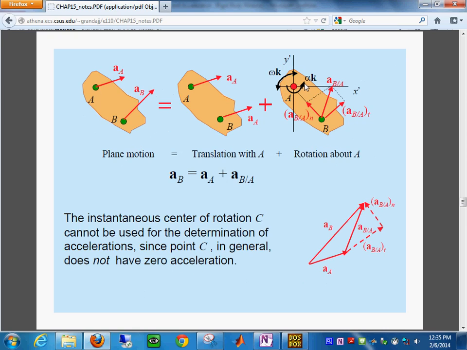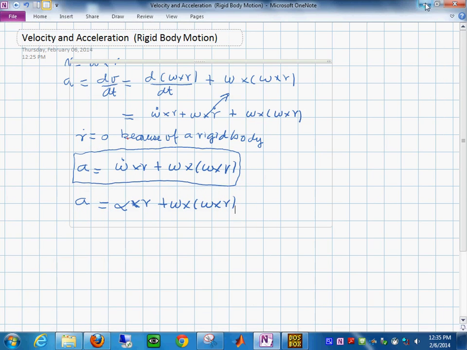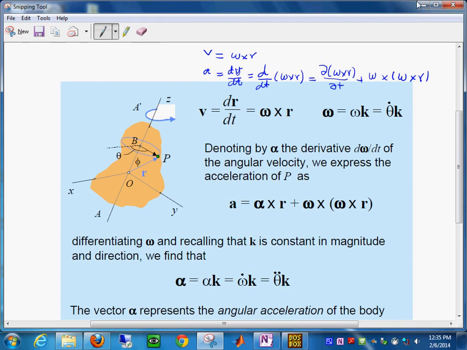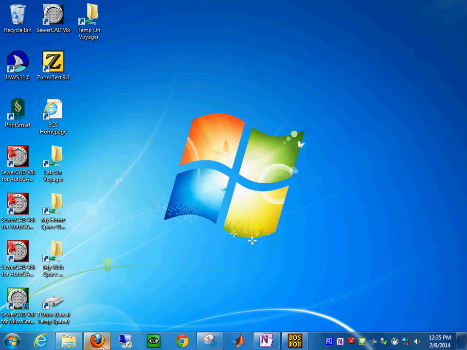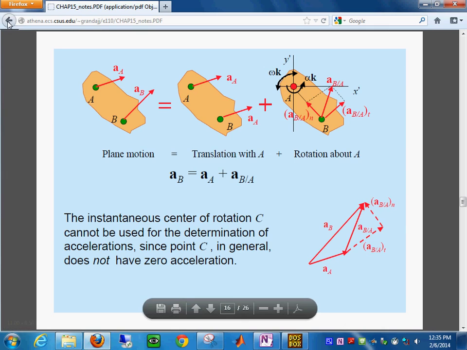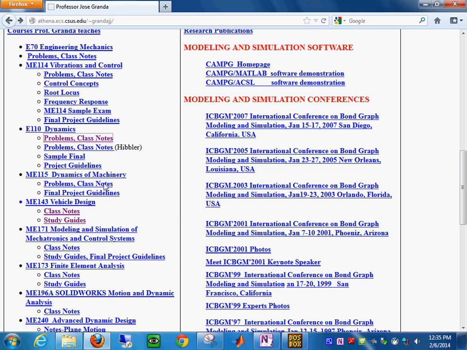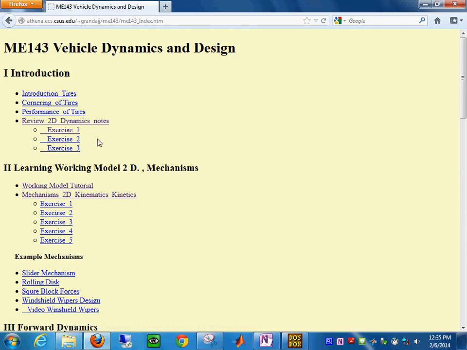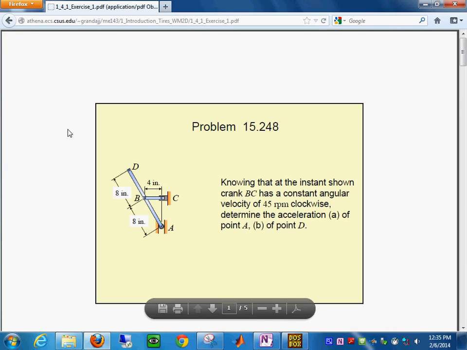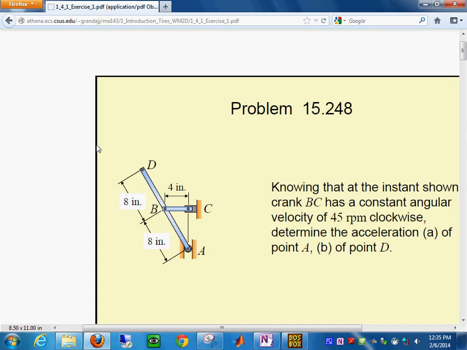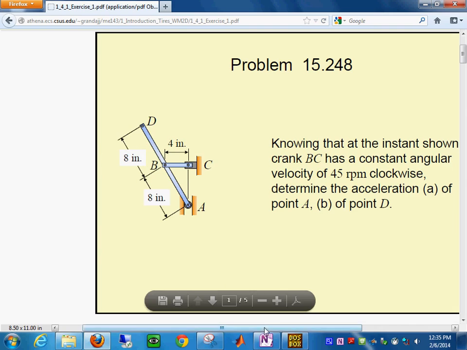Okay, let's turn our attention now to our web page, to what we were doing originally for the SEMI 143 class notes. Let's do exercise number 1. Okay, this is an important thing. If you know